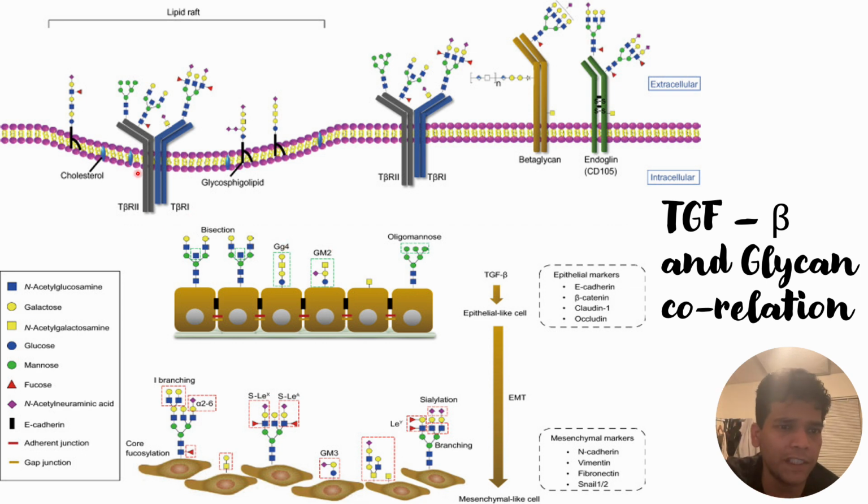So these are the TGF beta receptors that are shown here. It is the TGF beta 2 receptor, TGF beta 1 receptor, and there are other receptors also. One of the important things that the glycan, or carbohydrate sugar structure, does is help this TGF beta receptor to be expressed on the cell surface membrane. In other terms, the glycans expressed on the TGF beta receptors help them to be secreted to the cell surface membrane.